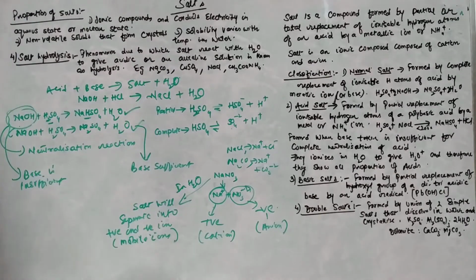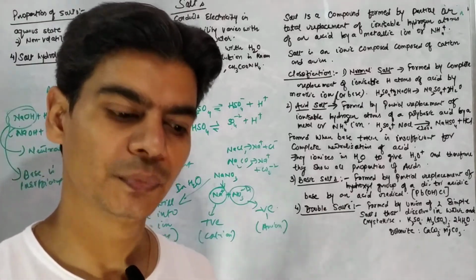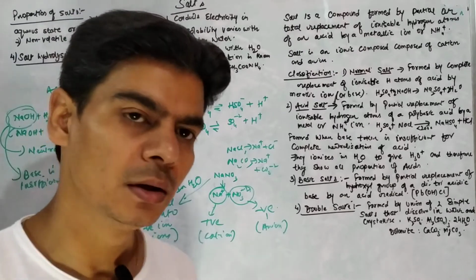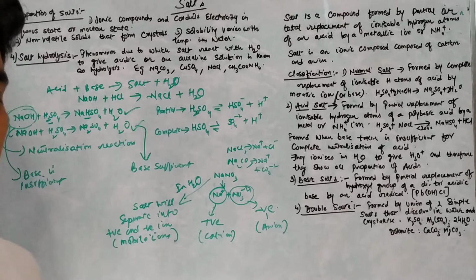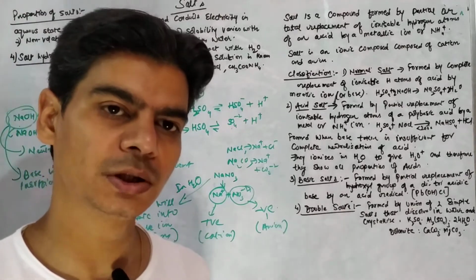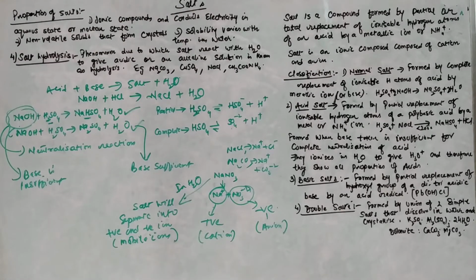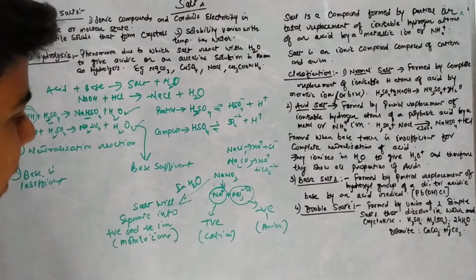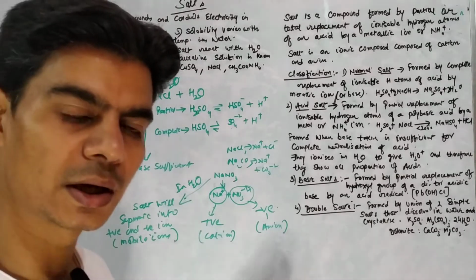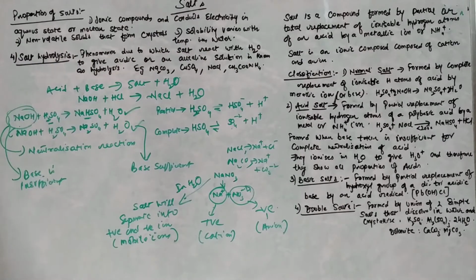Since salts are ionic compounds, we know that ionic compounds act as good conductors of electricity in water solution. Why? Because water dissociates these salts or ionic compounds into positive and negative ions, which are free ions, due to which it conducts electricity. So this is clear. Salts are ionic compounds that dissociate in water to give you positive and negative ions. In solid state, they are held together by strong electrostatic force of attraction. Just remember all these things. We have covered all these in previous chapters also.